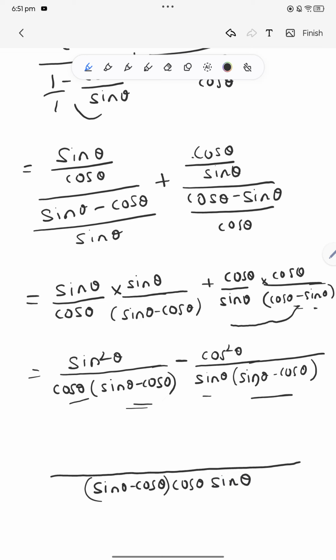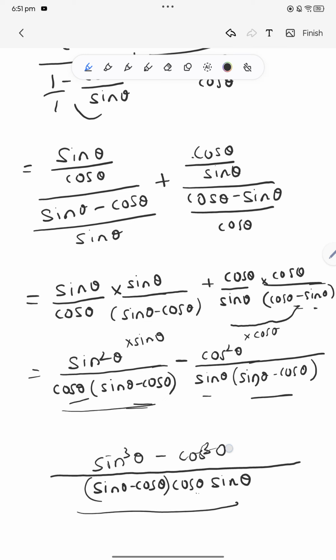From this LCM, sin theta cos theta, sin theta minus cos theta, and cos theta is there. What is not there? Sin theta is not there, so into sin theta. Again here sin theta into sin theta minus cos theta is there. What is not there? Cos theta is not, so multiply cos theta. So it becomes sin cube theta minus